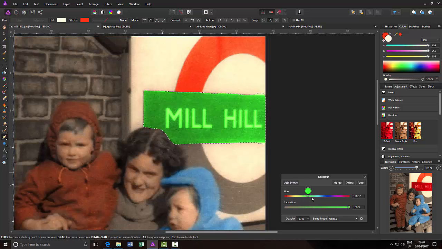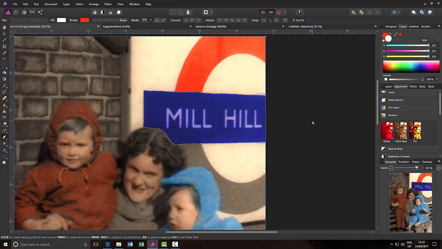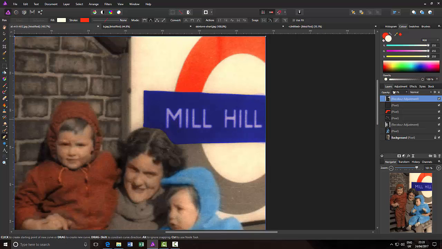So I can then pick the color of blue that I want to go through the middle of in this selection, and then I can press Ctrl and D to get rid of the selection area,